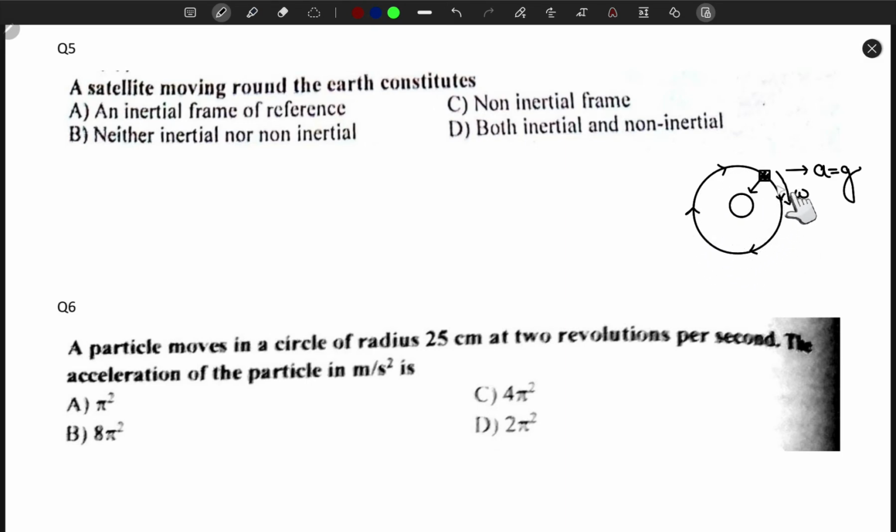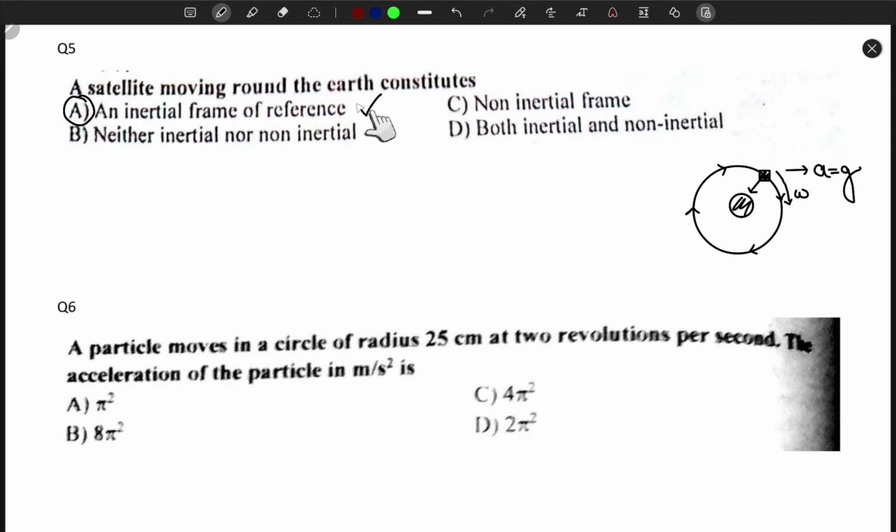So there is no net force. Remember, net is the important word. So there is no net force. That's why the satellite remains in this orbit of this Earth, right? And hence, that's what an inertial frame of reference means. Hence, the correct option should be option A,